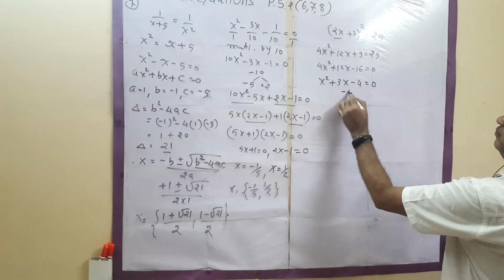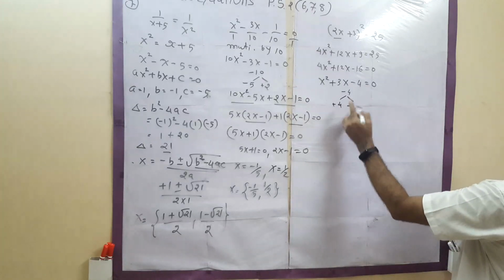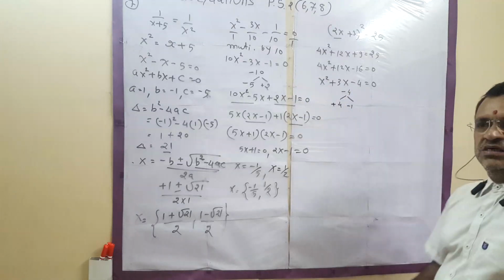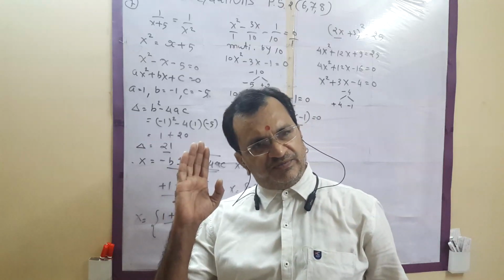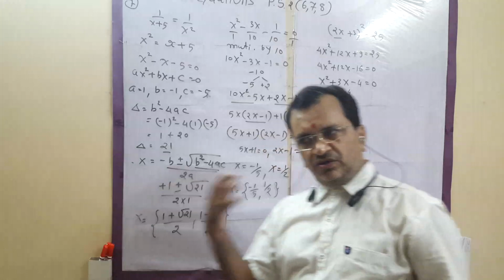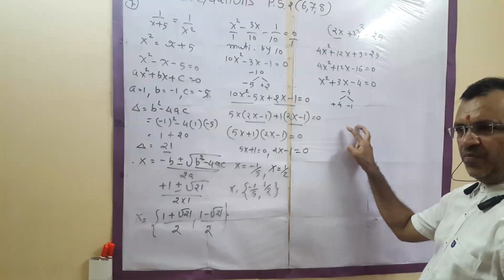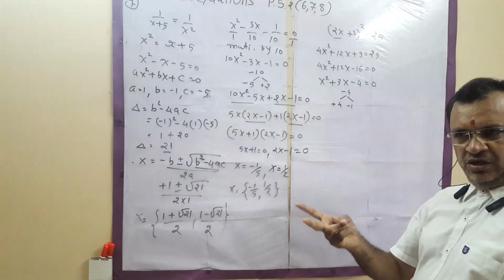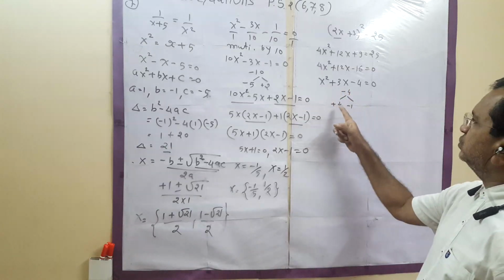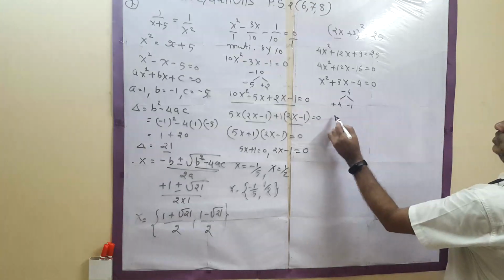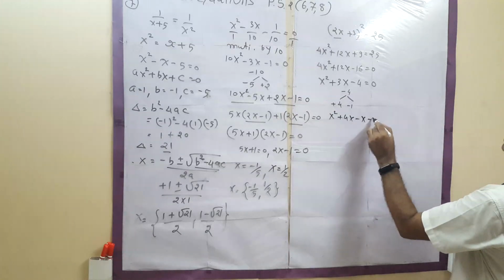Now from minus 4 to 3 you want. So 4 1s are plus 4 minus 1. Factoring the middle term and factoring a quadratic equation, we have learned from 8th standard. So exactly like that only. 4 1s are 4. 4 splits into 2 parts. It can be split into 2 into 2 also, or 4 into 1 also. 2 into 2 will not work because we want 3. So x square plus 4x minus